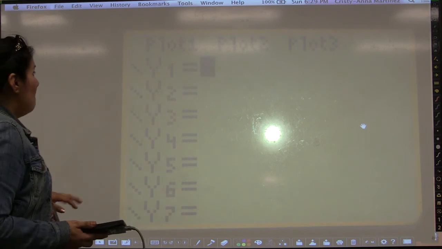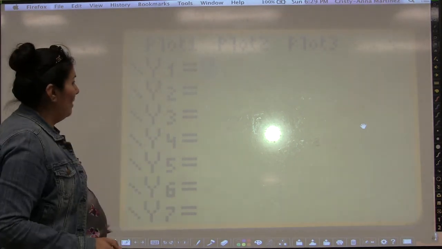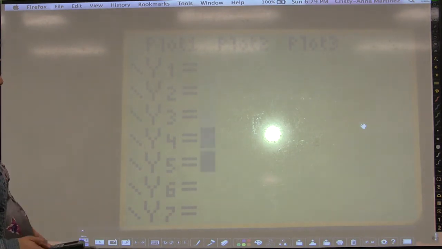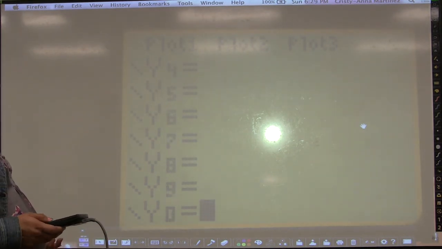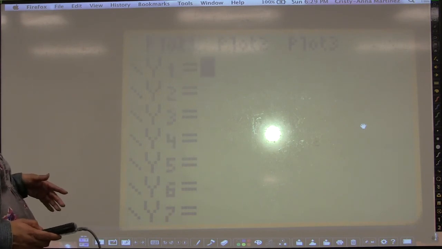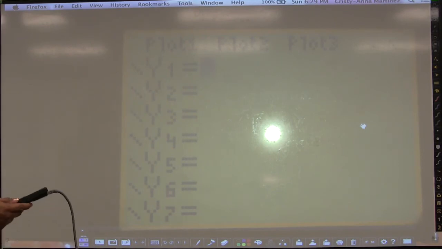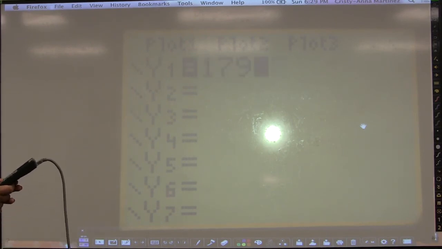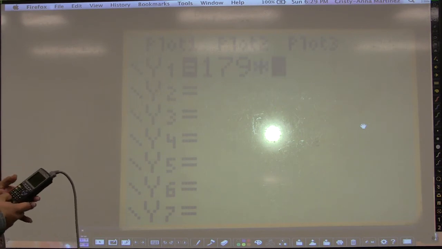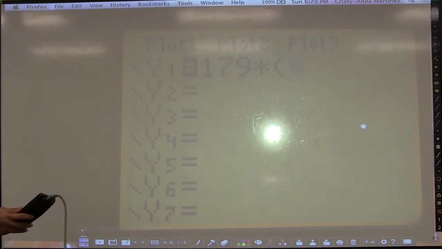You want to make sure that none of your Y1s have anything in them. So you can see that mine are all blank. If yours are not blank, just keep going all the way down. And if there's anything written in them, you want to clear it all out. So here I am in my Y1, it's all cleared. I want you to type in the 179 and then hit the multiplication button. Use your parentheses and then put 1.029,